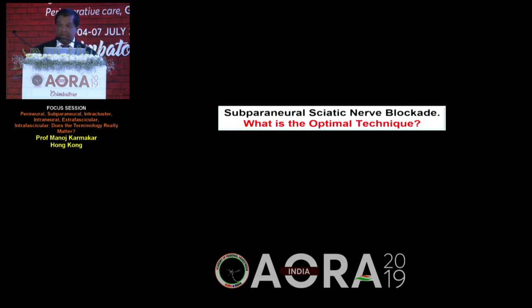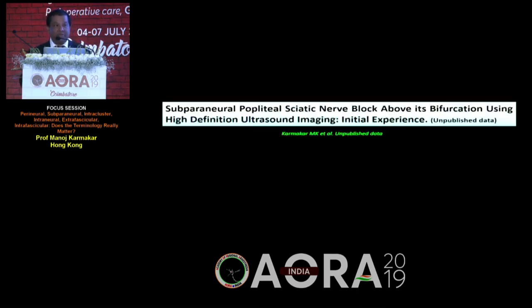technique? Should we be doing it above the bifurcation? Should we be doing it below the bifurcation? Those of you who follow the literature will say, oh no, here we go again. We start the whole story all over again like we did with nerve stimulation. So much so that an injection below the bifurcation was shown to be better when you inject the individual common peroneal and tibial nerve. So to start this whole journey, we said, okay, let's try this subfascial injection, because